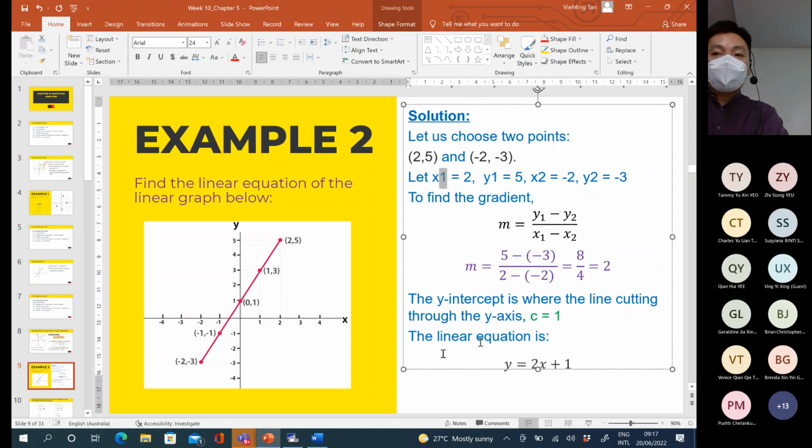So once we know the m value, we can also calculate the c value if we want. Even though the question does not ask us to do so, if you want to get the c value, how to do so? You can just choose this as the x, this is the y, this is the m, and then substitute into the equation. So if you want to know the c,